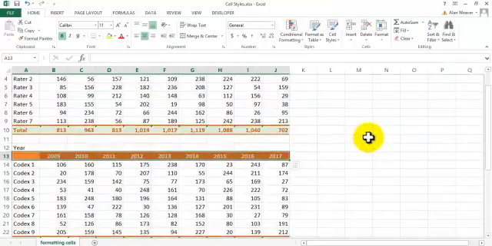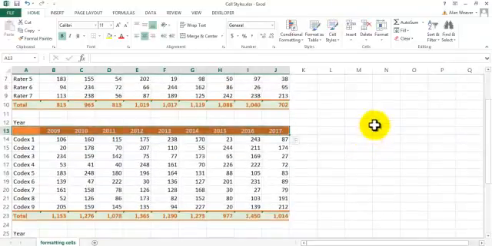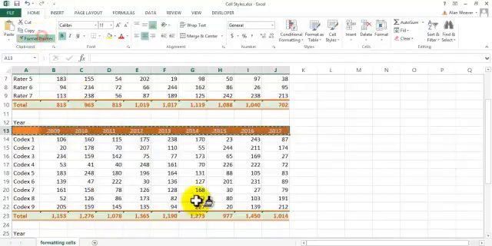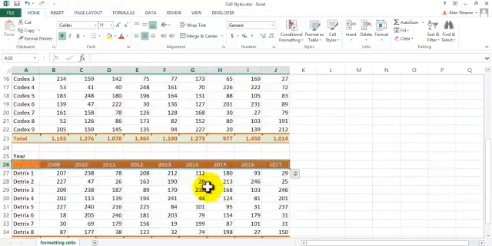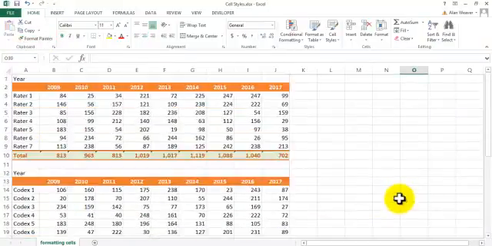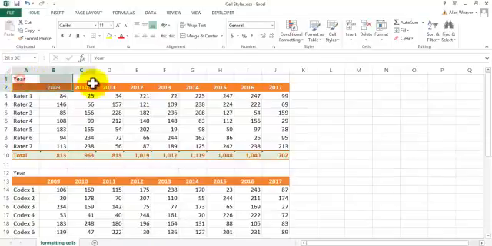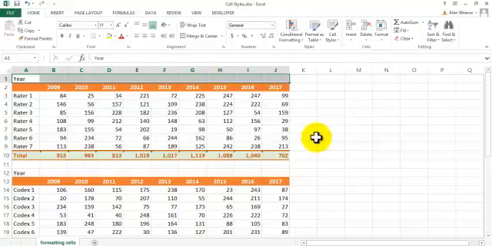We can also use the Format Painter, which is a really quick way of doing things. I've got this group of cells here. I click on the Format Painter. Now all I have to do is click on this first cell here, and it pulls everything over to the right. Let's say I want year to be merged and centered in here. We can't do a style that will merge and center, but I'll do a merge and center here, and let's say I go into that cell style that I just did,